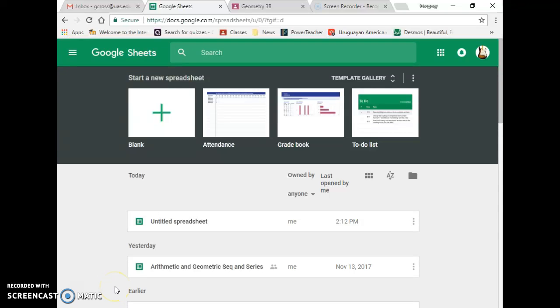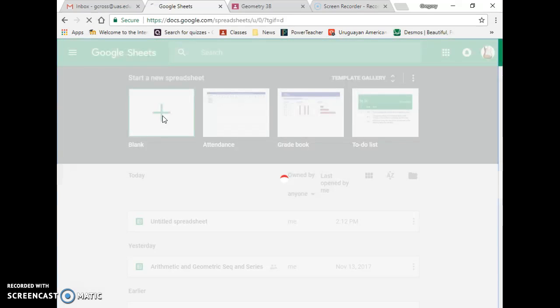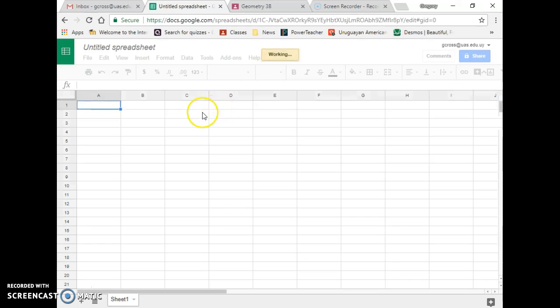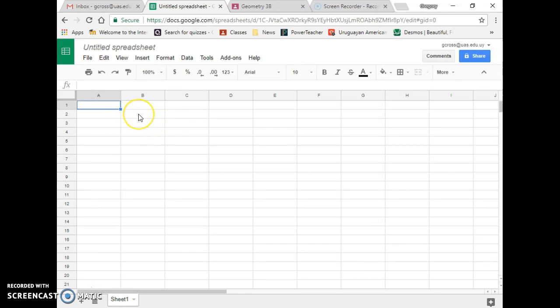Okay guys, here's a quick tutorial on how to do your project on sequences and series using Spreadsheet. In this case I'm going to be using Google Sheets. You could use Excel. The basic steps are more or less the same. So I'm going to start off doing an arithmetic sequence,